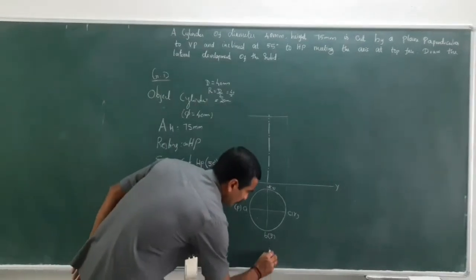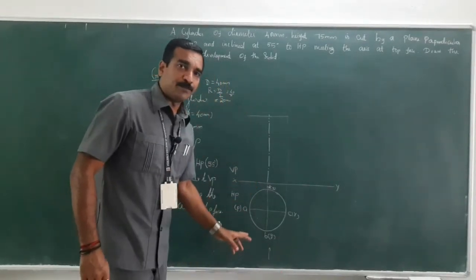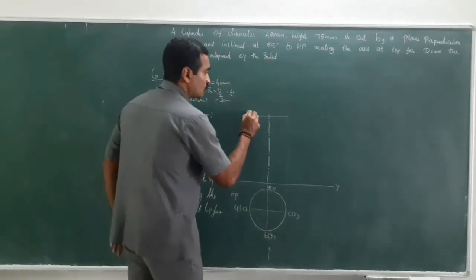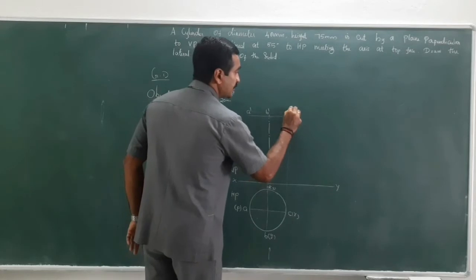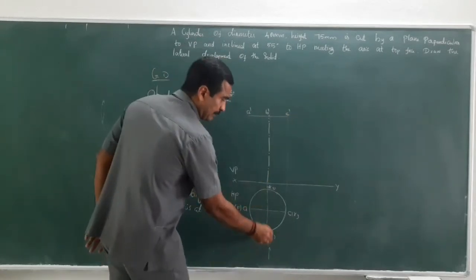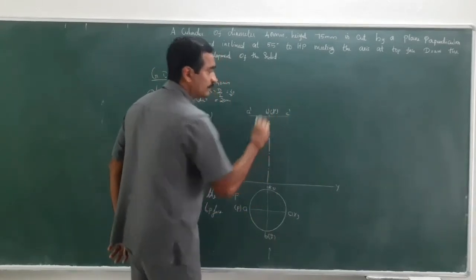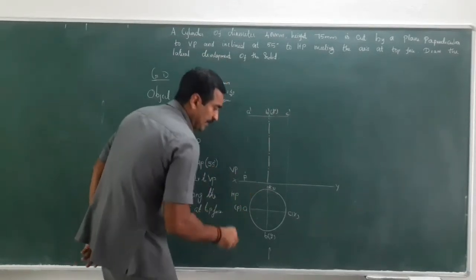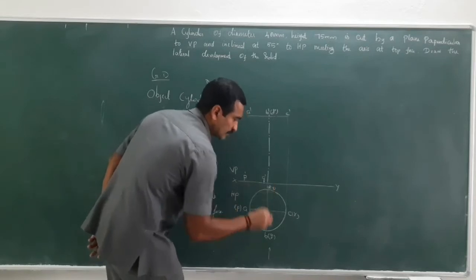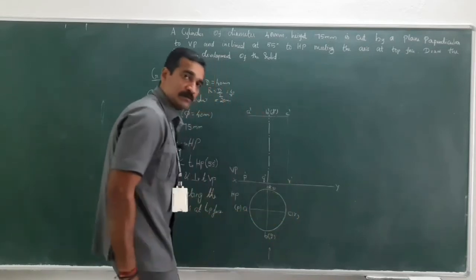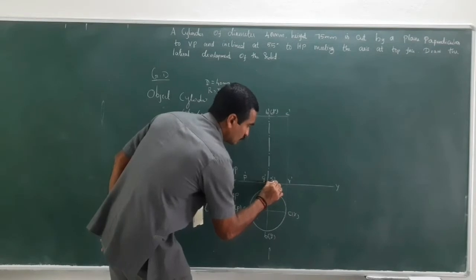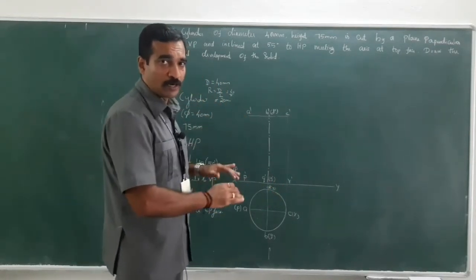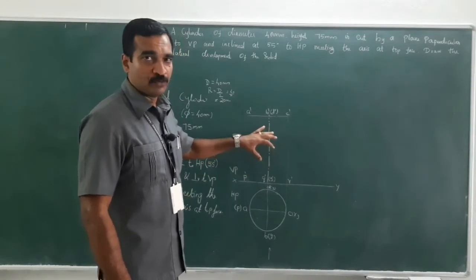Now when you look from here, what points would be visible in the top? A, B, C are visible. So A dash, B dash, C dash are visible. D is right behind B, therefore D is invisible. And for the bottom base, P is visible, Q is visible and R is visible. S is invisible, so within the bracket. Right, so the solid resting has been drawn: the top view and the front view.